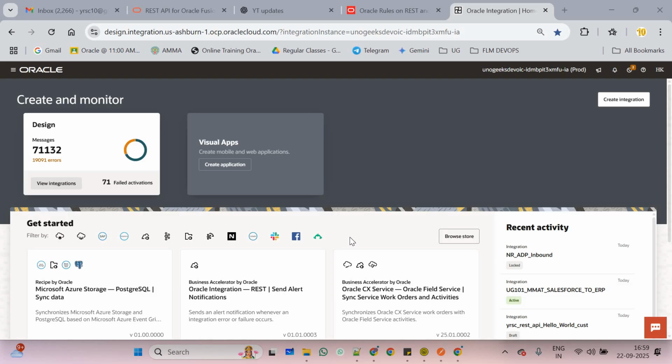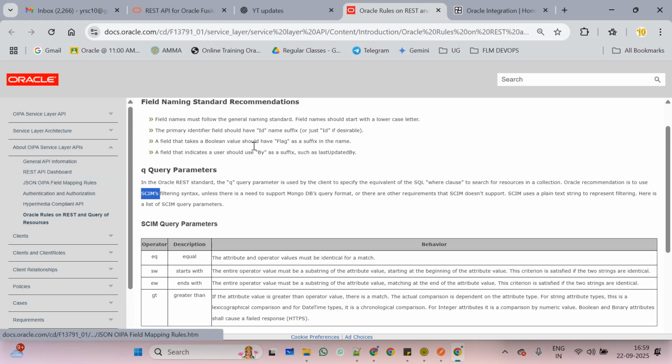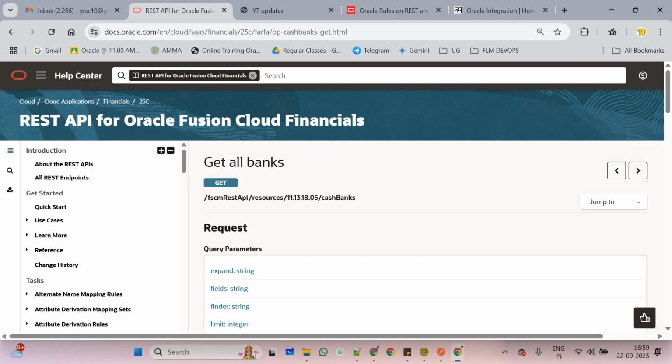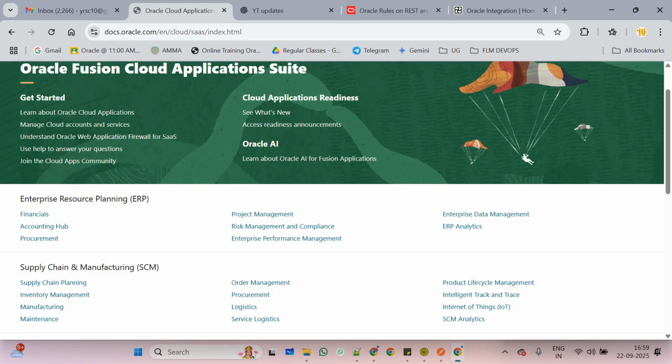Like in general, every application has its own web services, like SOAP and REST services. As in SOAP and REST, we have multiple APIs, REST APIs given by Oracle. Let me show a few of them. Like, see, this is the Oracle